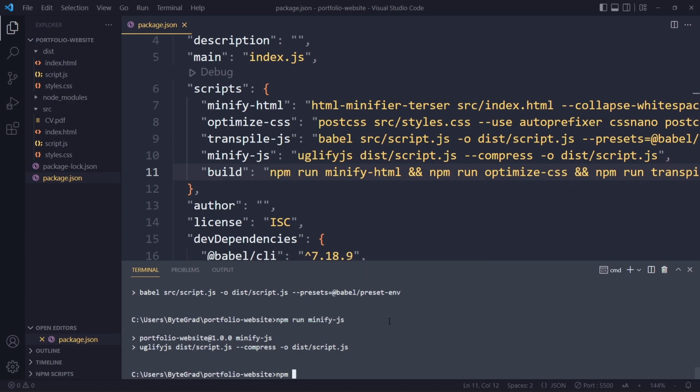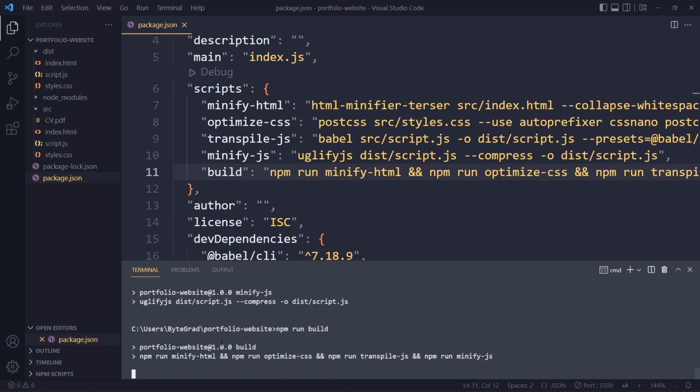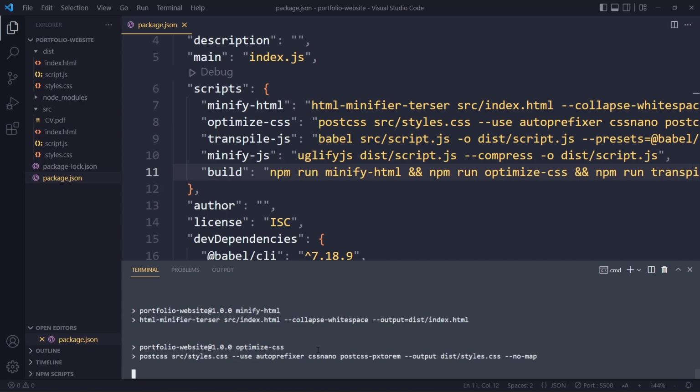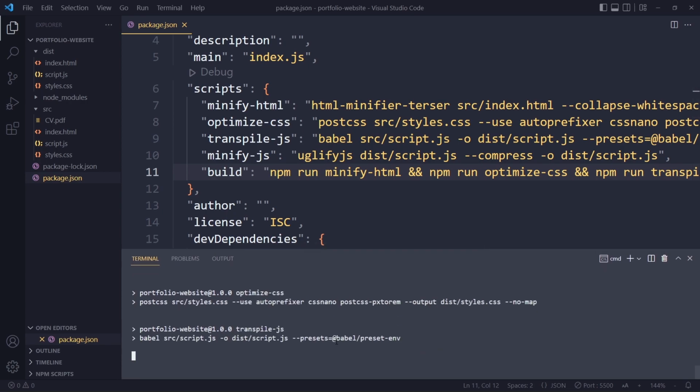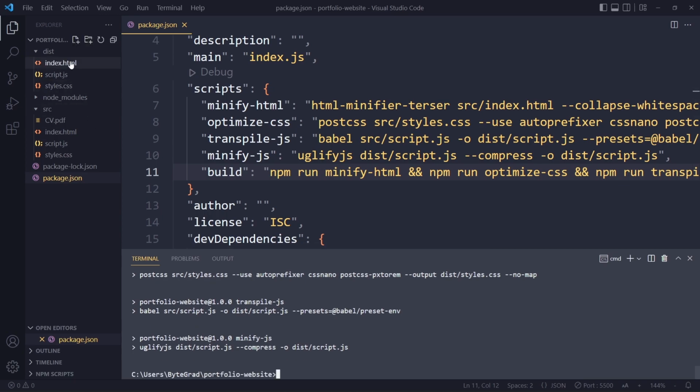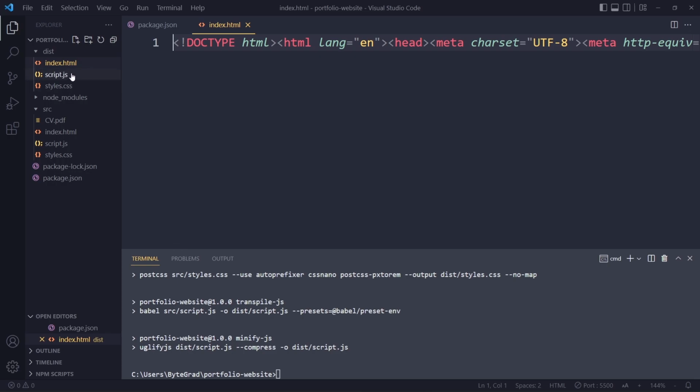So let's actually do that. npm run build. And you'll see that it runs all of these scripts one after another, right? So that's much easier. Okay, so it will take a couple of seconds. And well, the files, by the way, they will be updated, right? So just to prove that to you, you don't need to delete them, but just to prove that to you